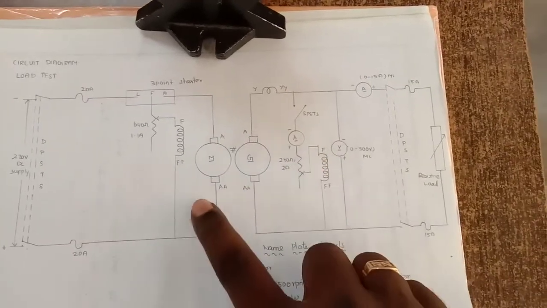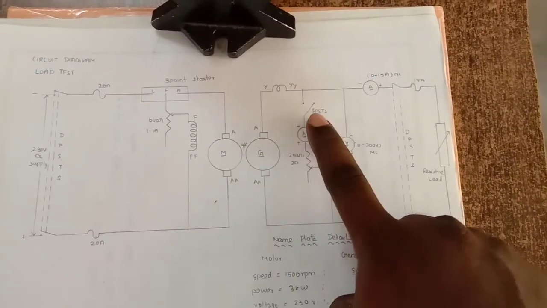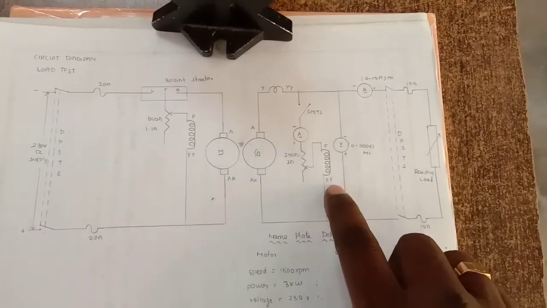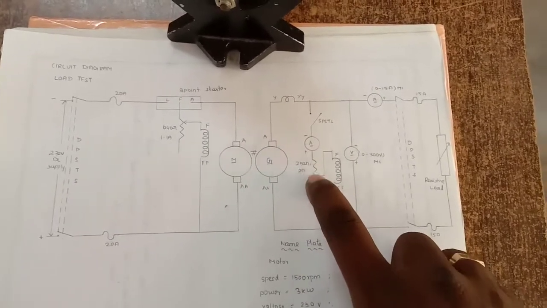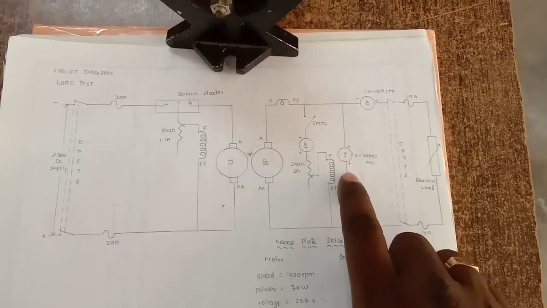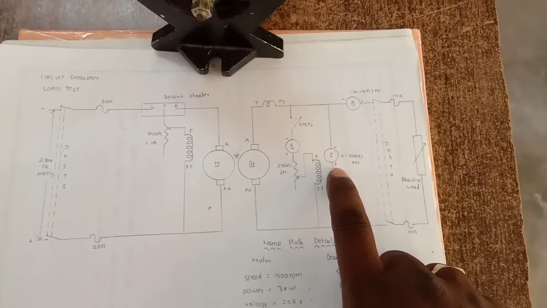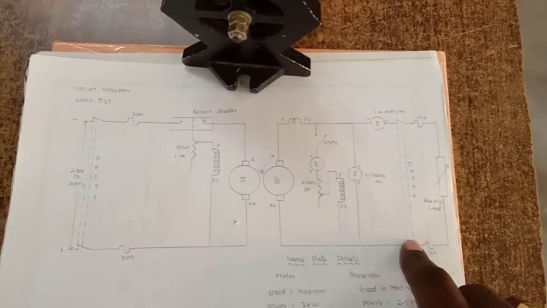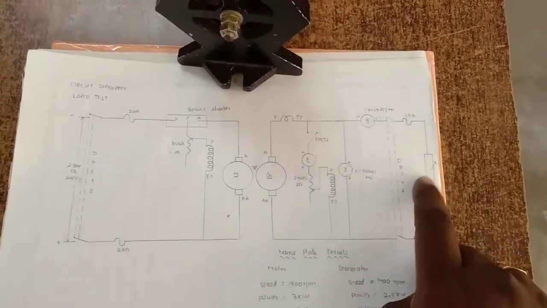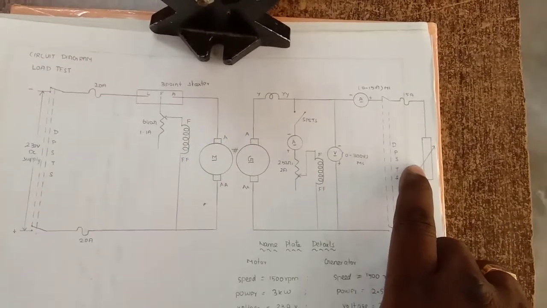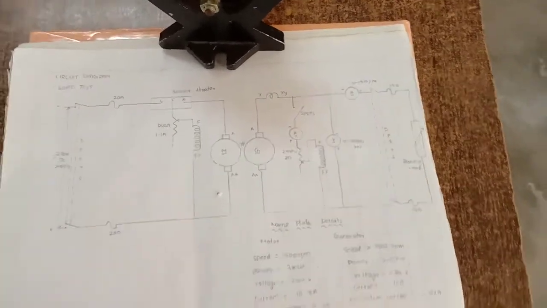So after starting this motor we are having field connection, that is we have to close this SPST switch, and we are having 0 to 2 amps ammeter for measuring this field current, and by means of varying this field rheostat we can vary the field current. So by means of varying this field rheostat we can set the rated voltage in this voltmeter. The rated voltage of this generator is 230 volts, and after setting 230 volt we have to turn on the load. So by varying this load, we can increase the load current up to the rated current of this generator.